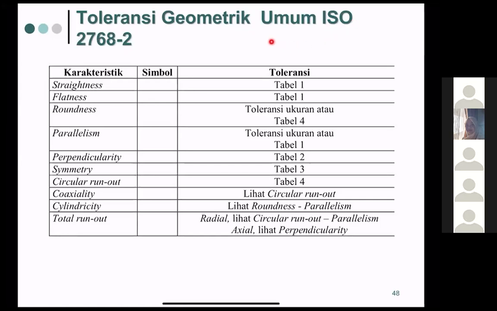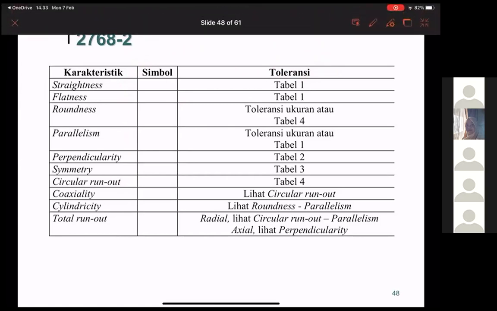In the previous video we reverted to ASME, but in this case just revert to ISO. Here we have all the characteristics: flatness, straightness, roundness, parallelism, and so on. And then to know what is the maximum allowable tolerance, we can look at all the tables. Okay, so rather than you put